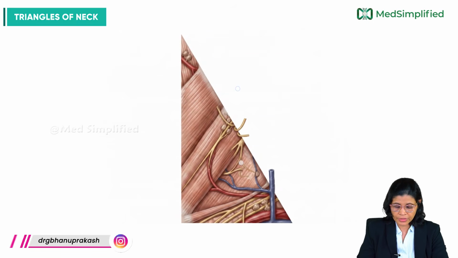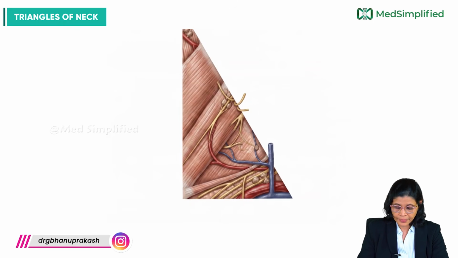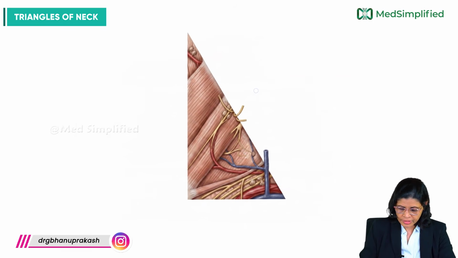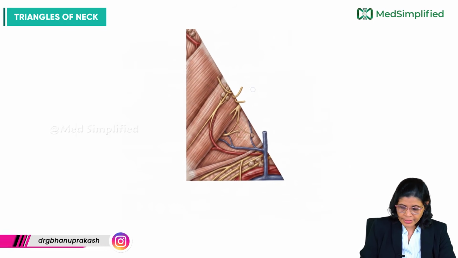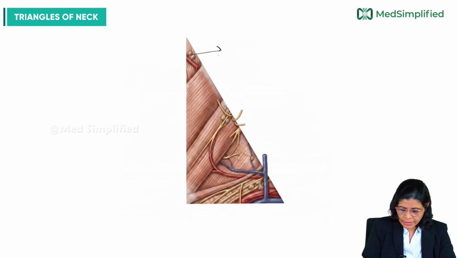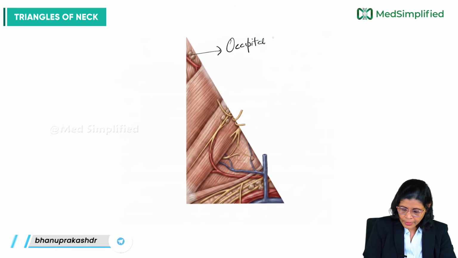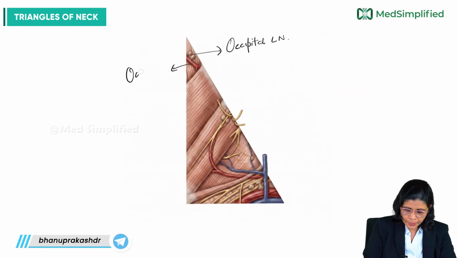So, if you see now, this is the larger occipital triangle. In the larger occipital triangle, from above downwards, we will go through whatever structures are seen. Here we can see the occipital lymph nodes. These are the occipital lymph nodes. We see the occipital artery,